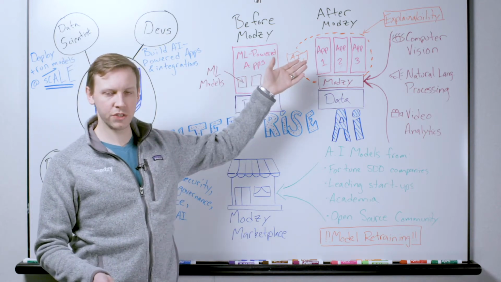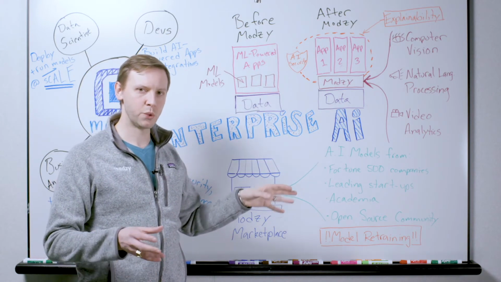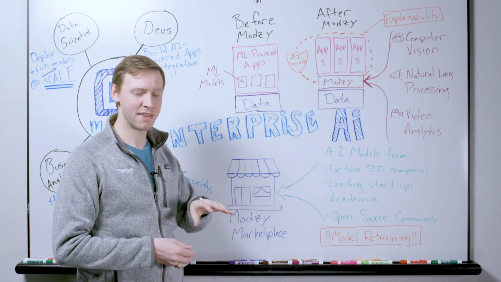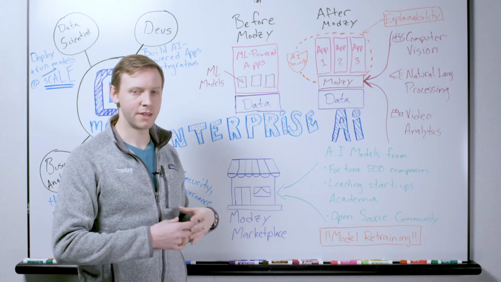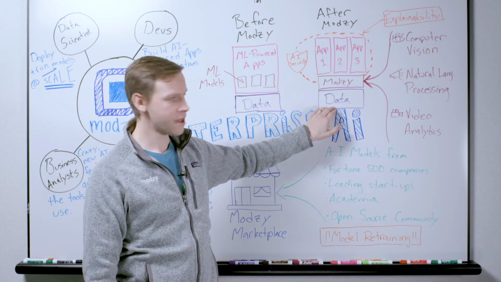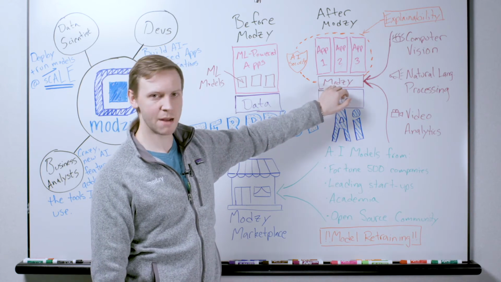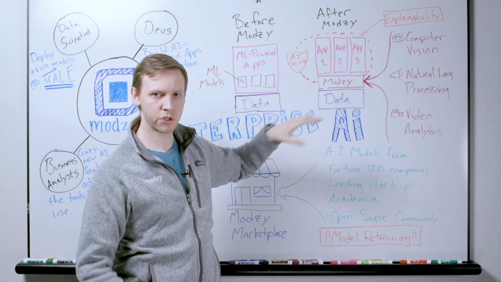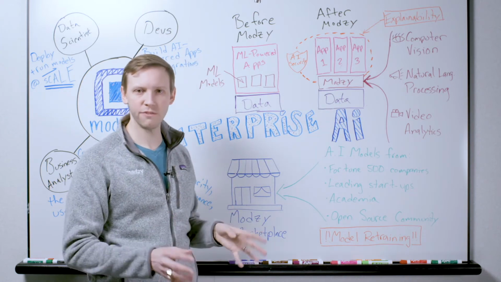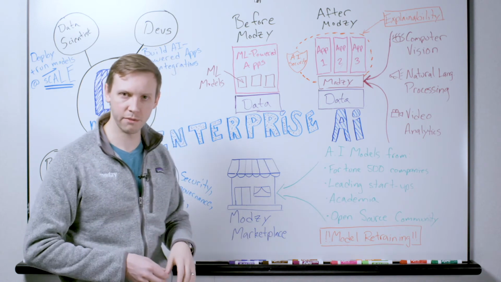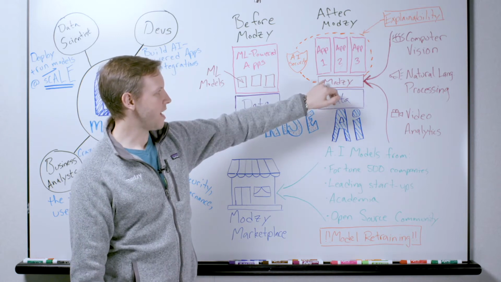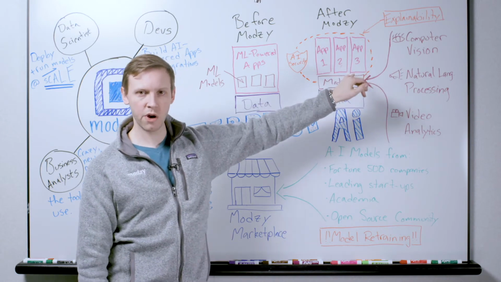So with Modzy, we've provided a new mechanism to allow you to actually take the machine learning algorithms that you're trying to use in your enterprise and make them more accessible, easier to use, easier to manage and govern. The way we do that is, again, start with the data, but then we provide a layer, this Modzy application platform layer, that you can use to store, deploy, run, and manage all of the machine learning models, AI algorithms, that you might need to use inside your organization.